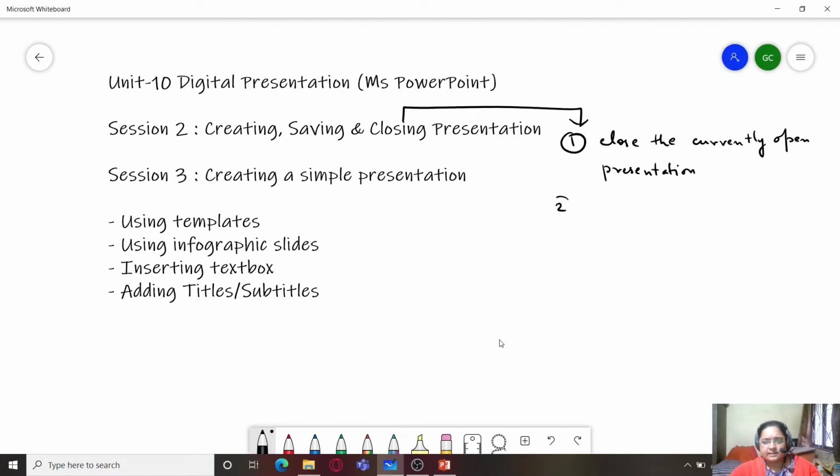And second is exit Microsoft PowerPoint. So these are the two options which are there. One is to close the currently open presentation, and one is to exit Microsoft PowerPoint.